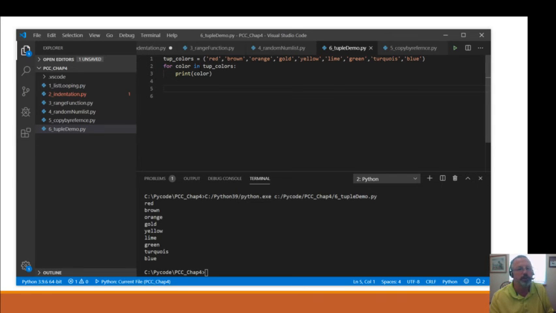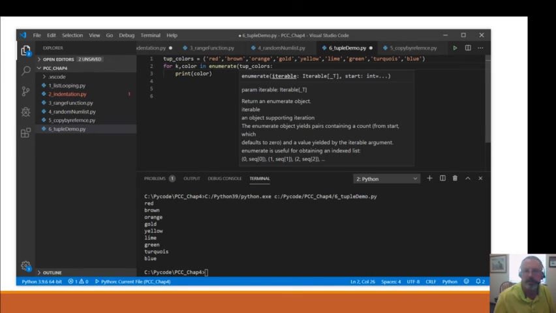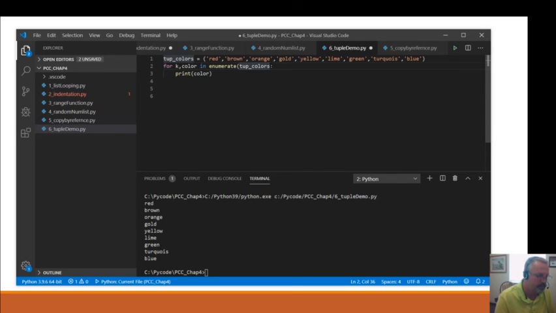If we wanted to use the enumerator, we could do that. So if we did for k, color in enumerate tuple colors, and print, let's do the f-string with k.